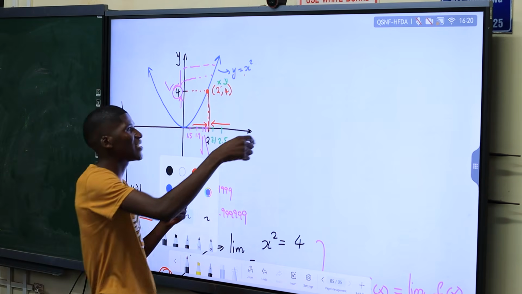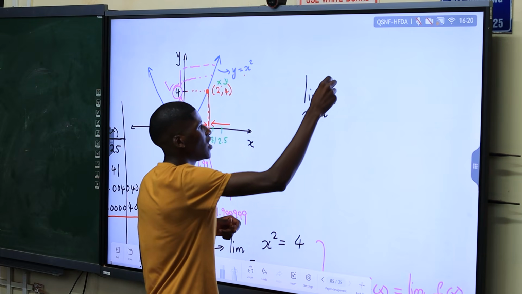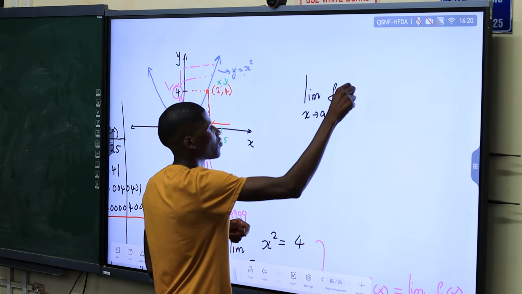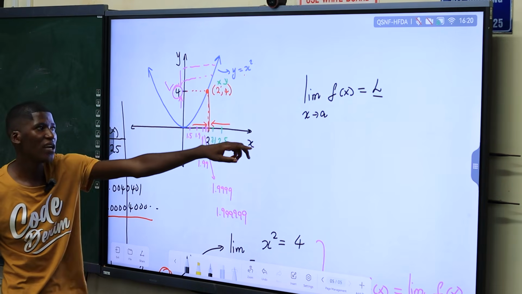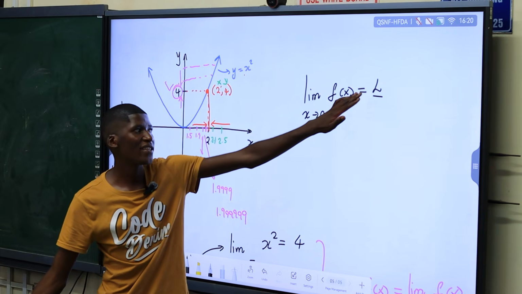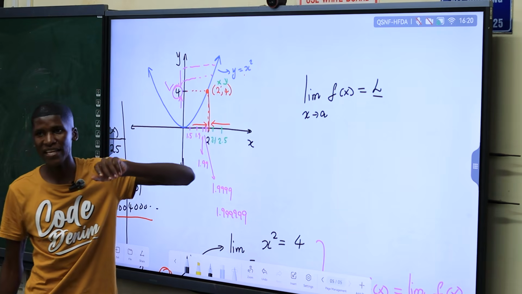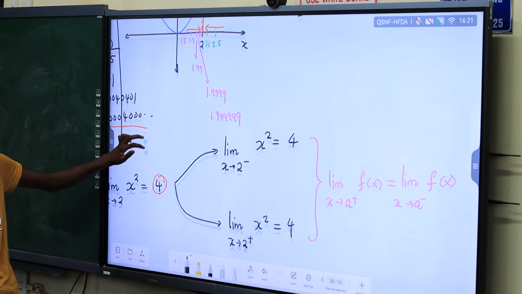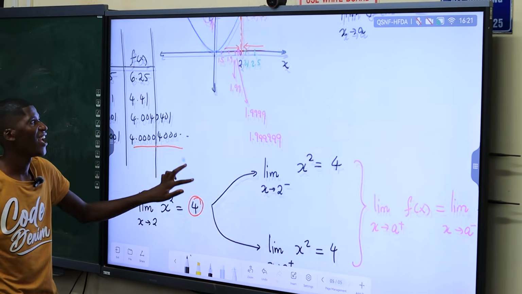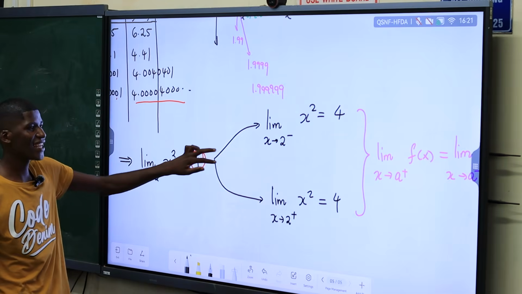So usually they will just define it in a textbook like: the limit as x approaches a of f of x is equal to L. So L is the limit. It is the y value. This is the y value approached as x approaches a. Yeah, simple stuff, man. Very simple, this thing, but for now this is the limit.